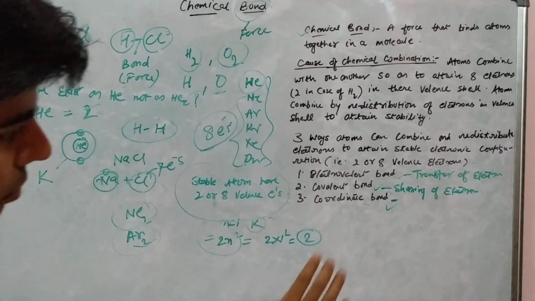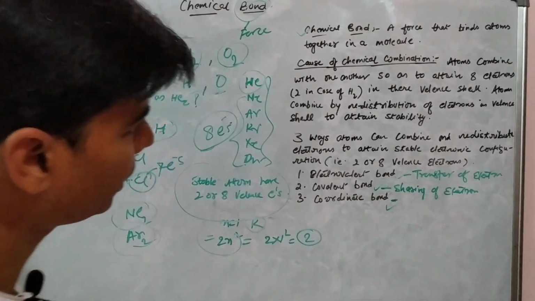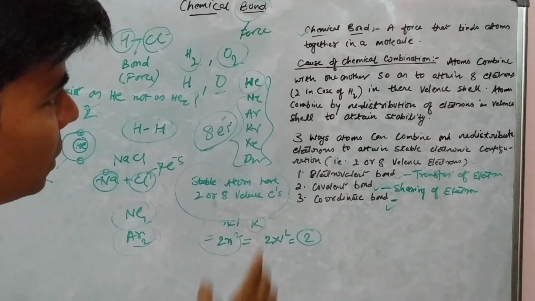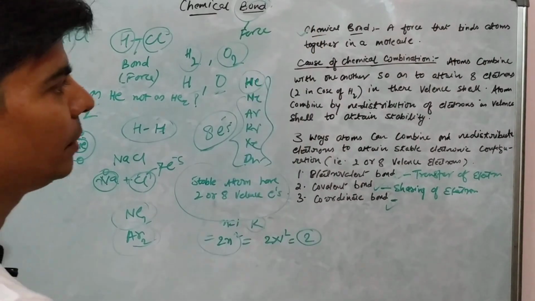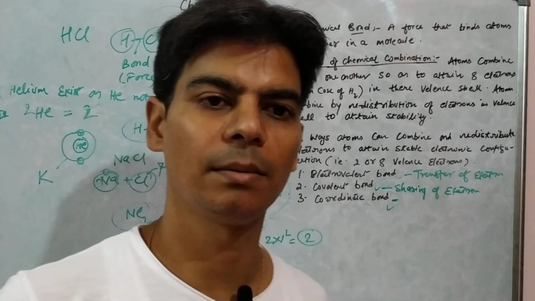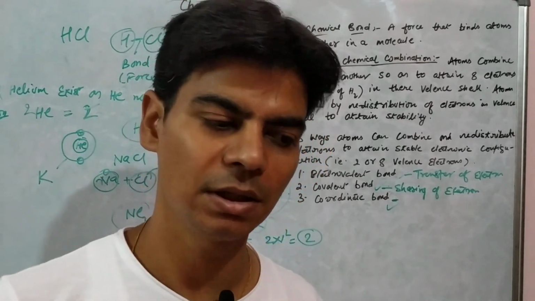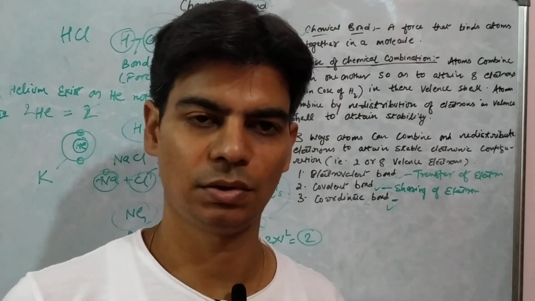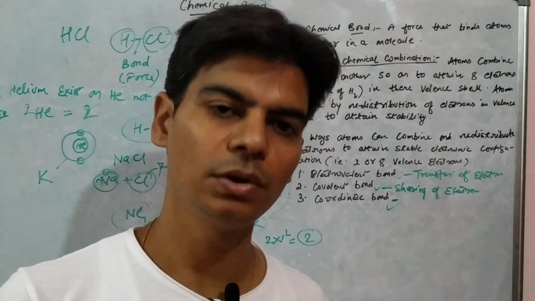So I think all this is clear. Just understand what is a chemical bond and what is the cause of chemical combination. Why do atoms combine to form molecules, right? Basically to attain 2 or 8 electrons in their outermost orbit. And why do they attain 2 or 8